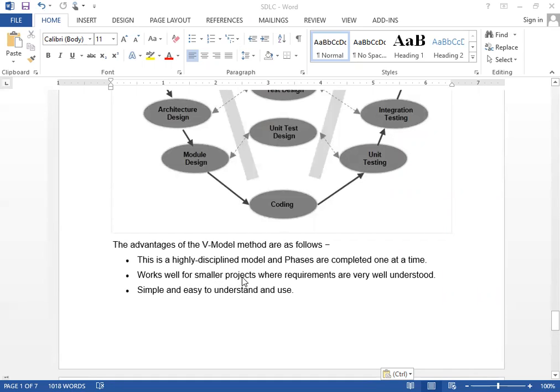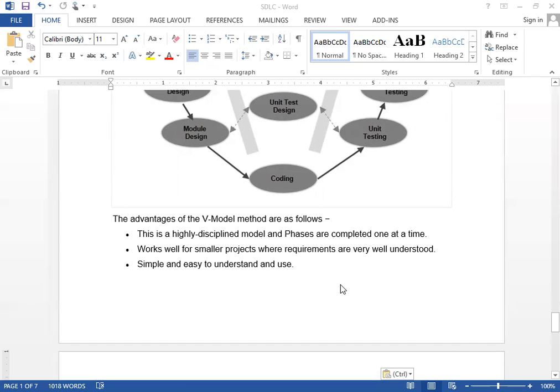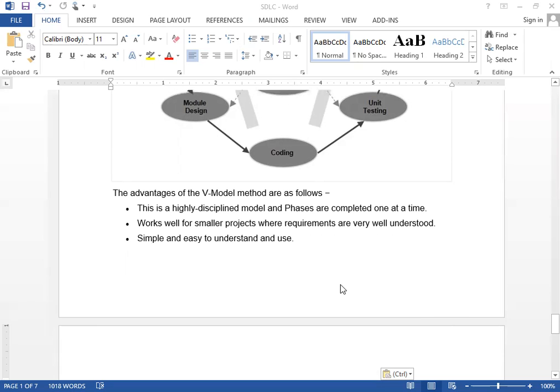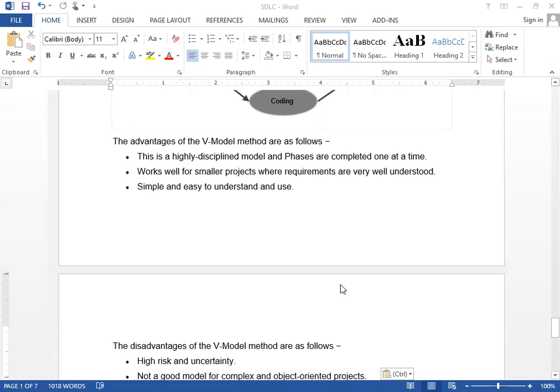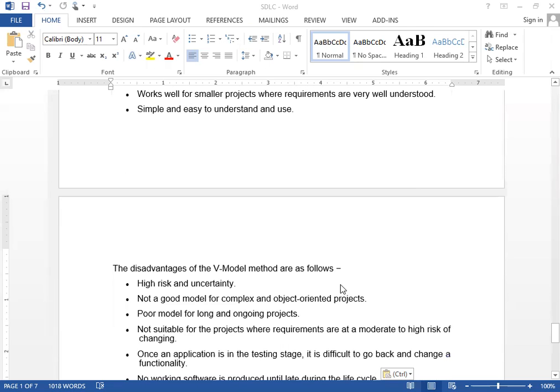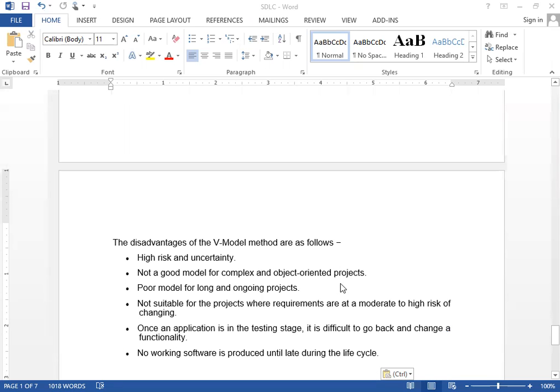It works well for smaller projects where the requirements are very well understood. It is also applicable for smaller projects where the requirements are minimal, and all the requirements must be understood by the organization. It's simple and easy to understand and use. There are some disadvantages: high risk and uncertainty, because